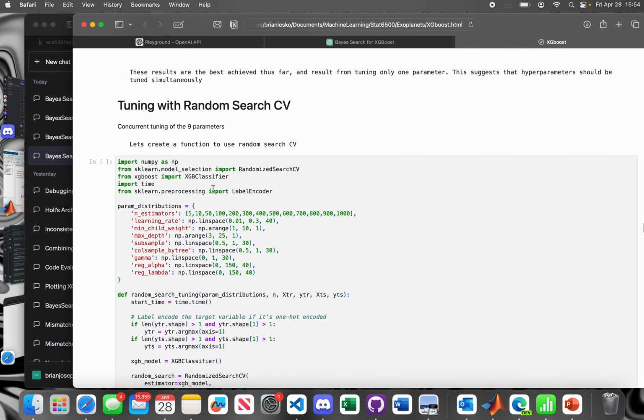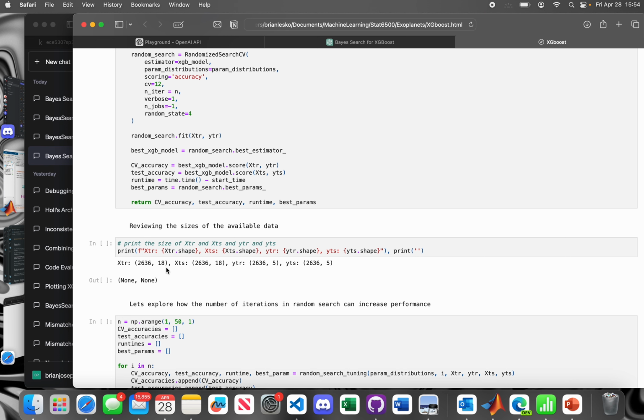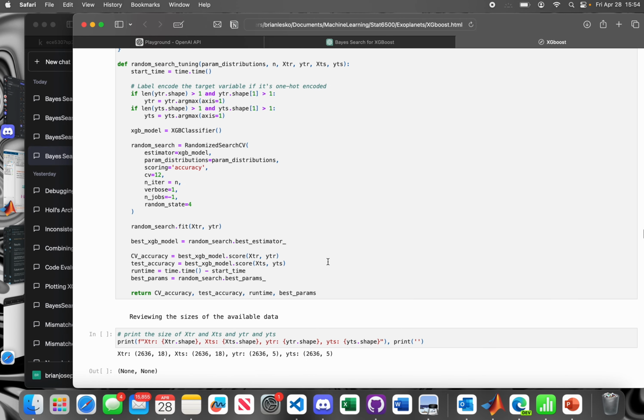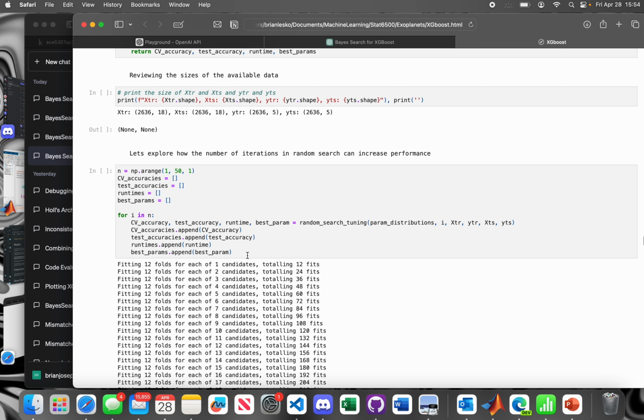And so the next thing I dive into is random search cross-validation, where we start with a bunch of parameter grids, the same one as last time, and we go through a set number of iterations. And one thing I wanted to look at here, because I thought we might not see continual improvement, was the effective number of iterations in random search cross-validation. And so I create this function definition and I call it in a for loop while changing the number of